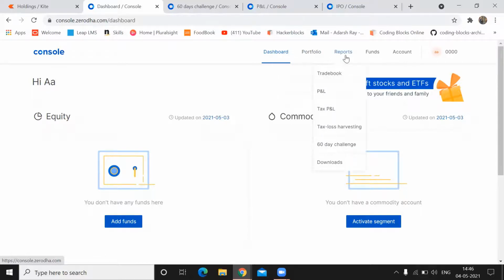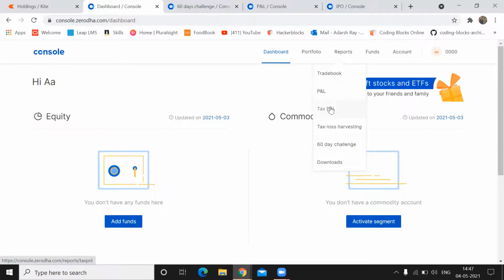Next we come to reports. In reports, you can track your trade book, whatever you have taken till now. This is your profit and loss. This is the only part that I suggest freshers always keep track of, because you can keep track here of how much profit you have earned till date, and whether it is a profit or a loss. It's not possible to remember daily that today I made a profit of 5 rupees, tomorrow 10 rupees, because in the beginning we're starting with a small amount only. So 5, 10, 15, it's difficult to calculate on a daily basis. So this does that part for you automatically.